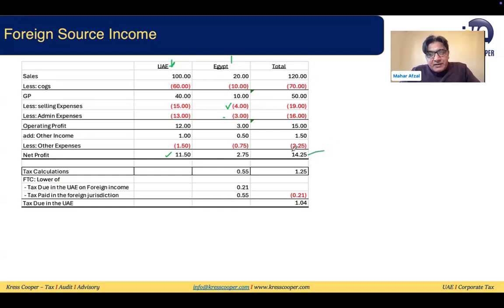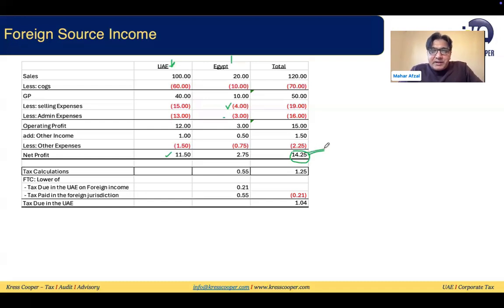Based upon this consolidated financial, you need to do the reverse working to arrive at the taxable profit. For the time being, I'm assuming the treatment of this income and these expenses as per IFRS and as per the tax law are both giving me the same number. There is no difference. I'm assuming 100% of expenses are allowable and 100% of income is taxable. So if the provisions are consistent as per the tax law and IFRS, my net profit will be equal to my taxable income.